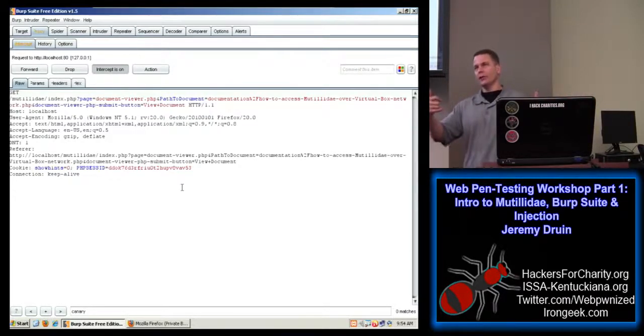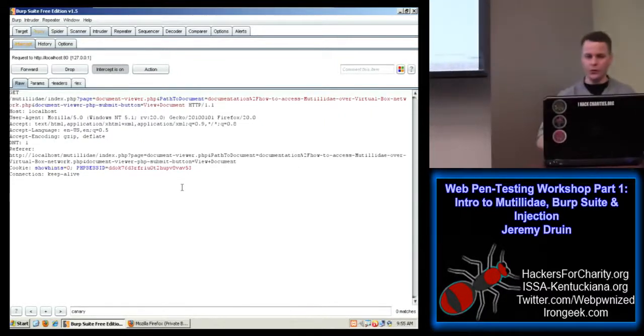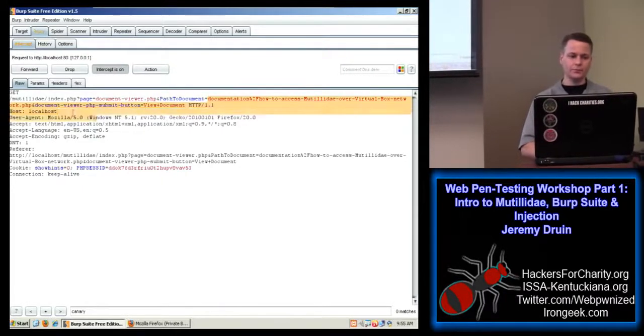So if we run across one of those characters in common and we don't encode it when we send it, the web server is trying to parse the HTTP, and it's going to see that character that's special to it and get confused. It's not going to understand how to parse this request. You're liable to end up getting back a 500 server error or bad request if you don't encode your input to match what the web server expects.